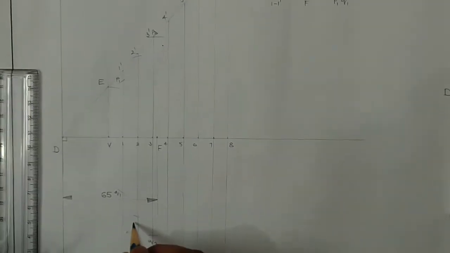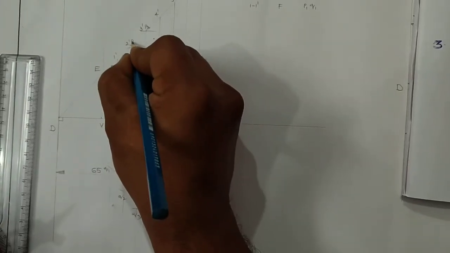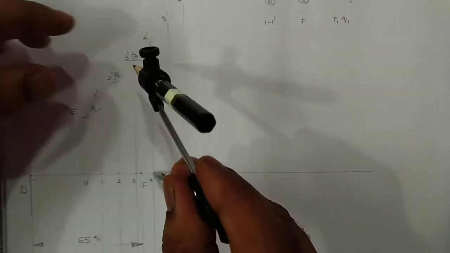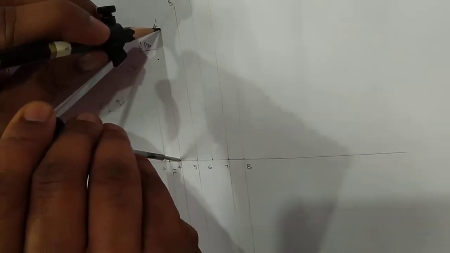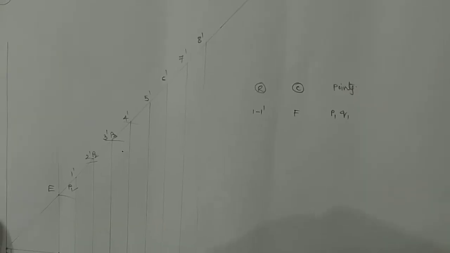So here in the previous step we got Q2. Here this one is P2. So next we are moving to the 4 to 4 dash dimension. That is about the fourth line. 4 to 4 dash dimension as radius, focus point as center. Draw an arc on the fourth line. So in this way we can construct the arcs.